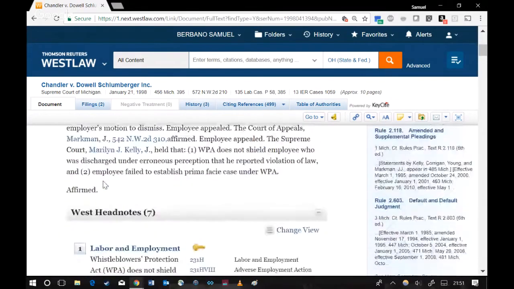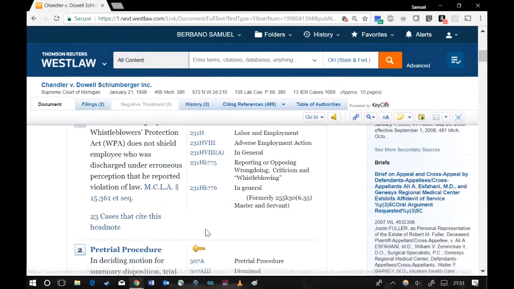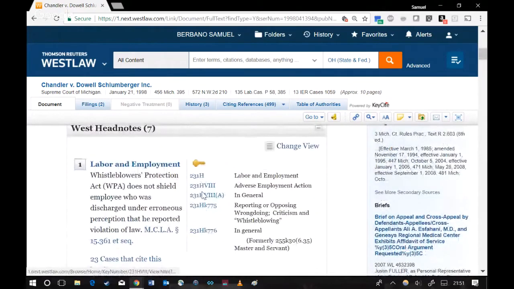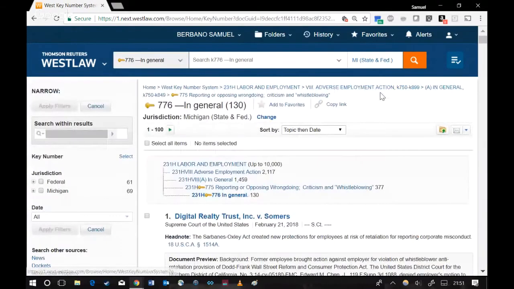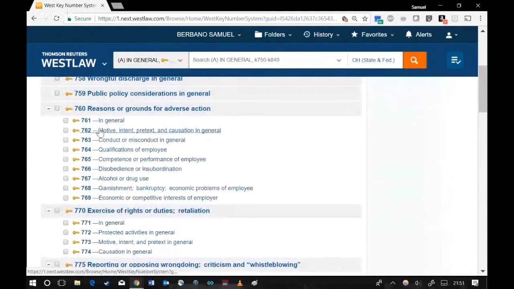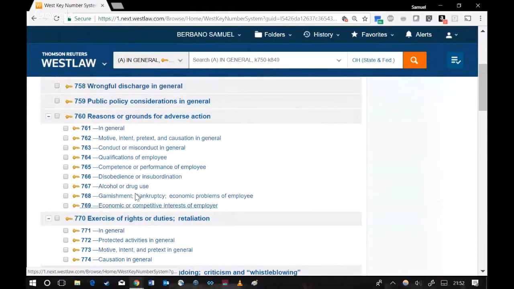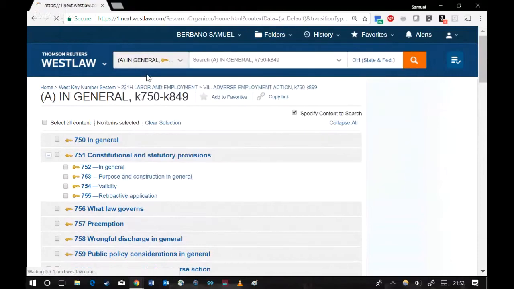The synopsis and the headnotes, which we have in change view, can be connected to more recent cases in more jurisdictions than just your one by clicking on any of those and running search within the headnotes. These incredible layers of detail can help you slice down into the issue with incredible precision, or browse this menu across the top. What is whistleblowing in general? To see the incredible detail of the West key number hierarchy, and clicking into those for cases on that specific point. Once saving things to folders has been done, you can access them across the top.